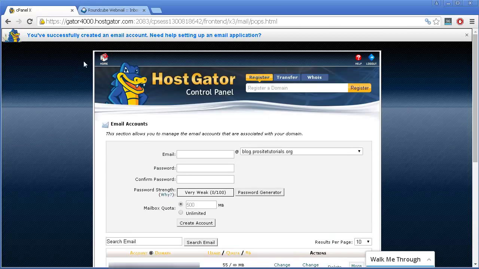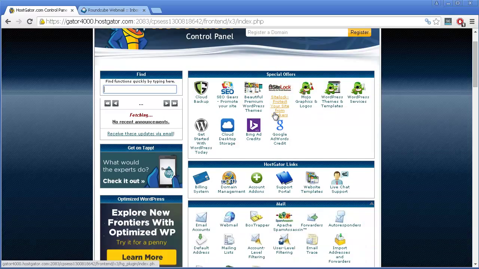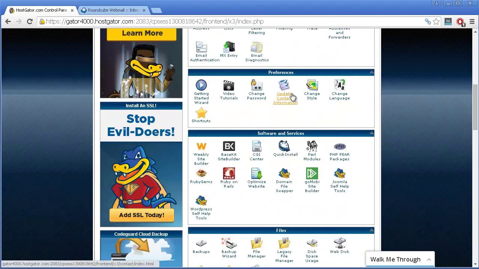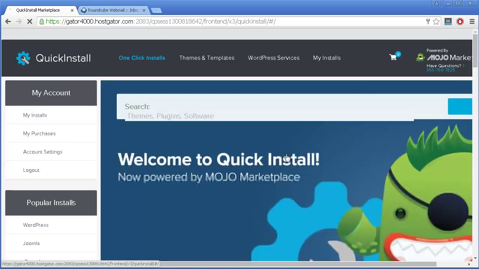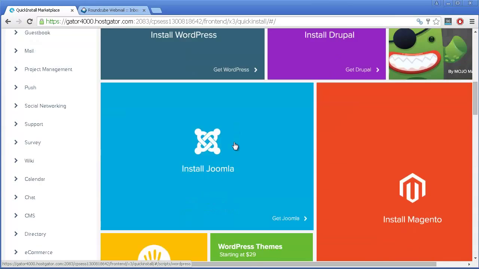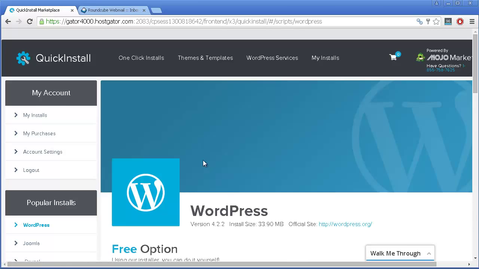So I'm going over here to Home just by clicking this small icon. And basically to install WordPress over here, it's really simple. It's just a one-click process. I just need to find the option. So it's this one, quick install. You just need to click on it. Now you're taken to the Mojo Marketplace over here, and you want to search for WordPress, which is this one, install WordPress. So you just click on it,